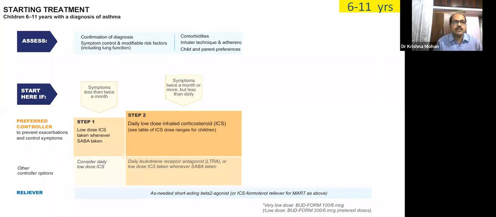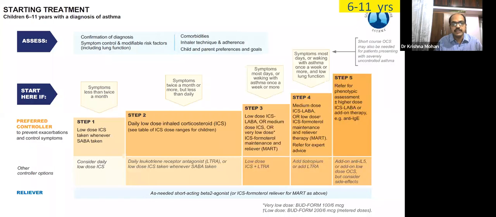If the patient is not getting adequate control with step 1, then we have to shift to step 2. So what is step 2? Step 2 means you are giving treatment on a daily basis. That is daily low dose inhaled corticosteroids. So that is step 2. Even after starting the treatment on a daily basis with the daily low dose inhaled corticosteroids, if the patient is not getting control,